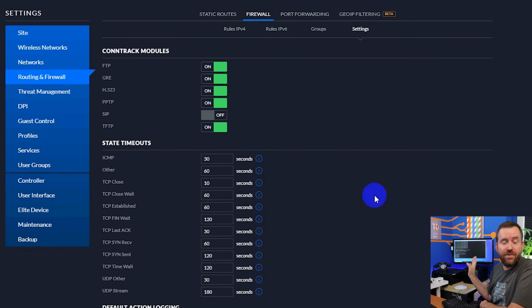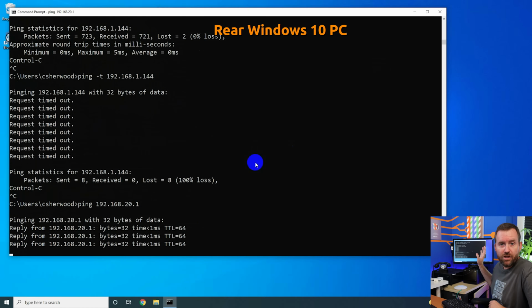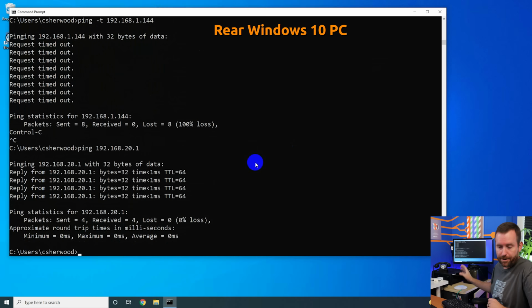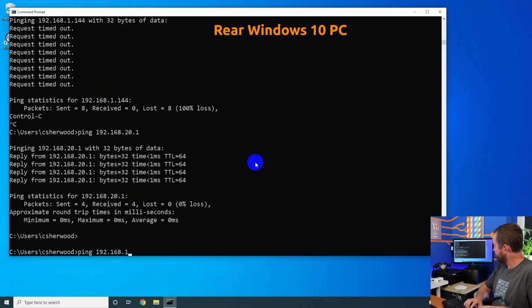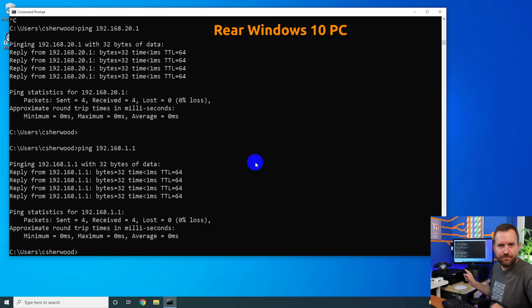Being that this computer's in 192.168.20 trying to get over to my other computer here in 192.168.1, which is in my main LAN. But there's still some problems here, right? So the device is in my main LAN, but we still do have access to a couple other things. Let's take a look. So I can ping 192.168.20.1, okay, so the UDM interface of my IoT network. I can also still ping 192.168.1.1. Okay, so I can still ping the UDM-Pro interface for my LAN network,